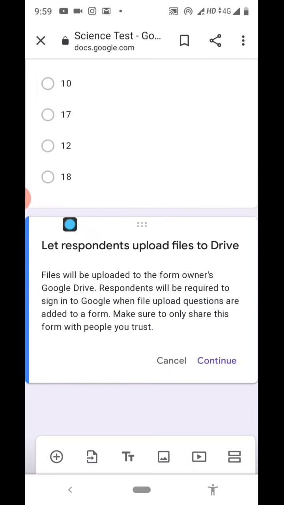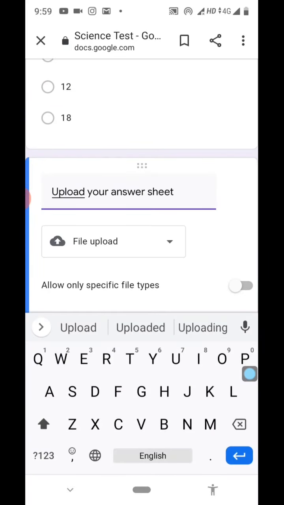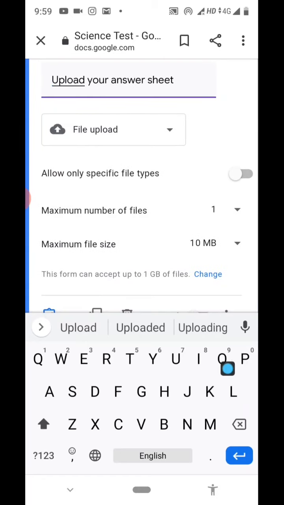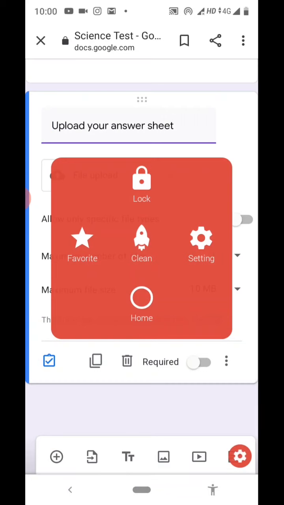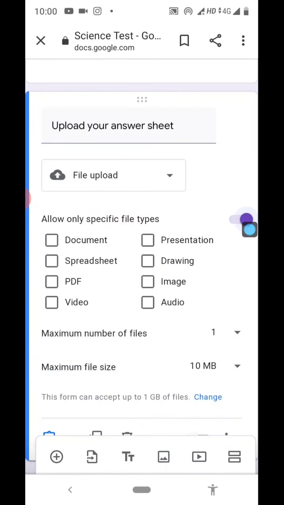You will get a message like this. Just click on continue. Then you will get the option allow only specific file types. When we check this, we will get the types of files which are allowed to be uploaded.